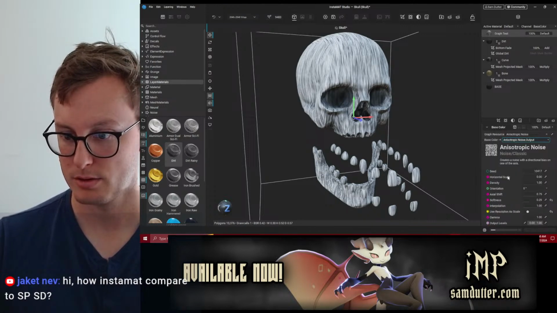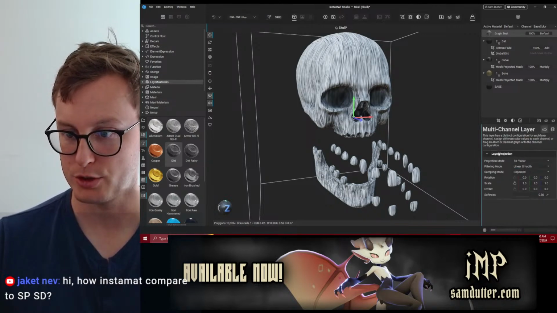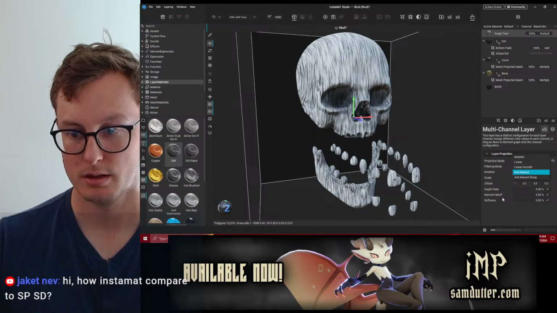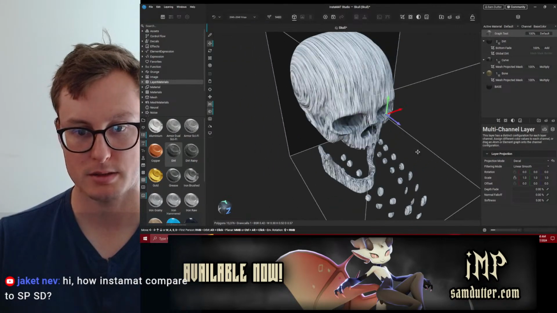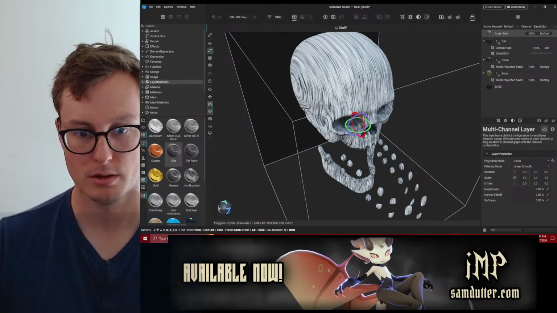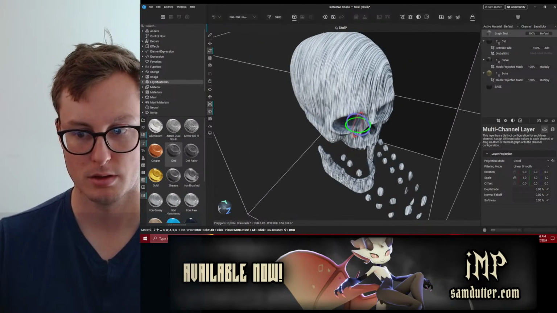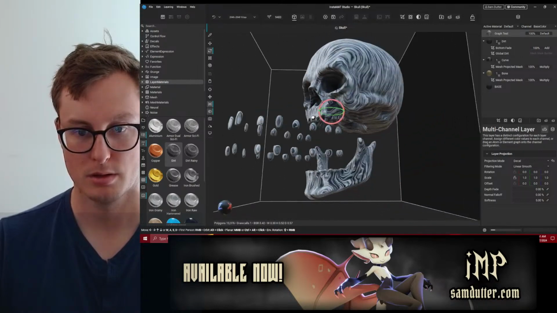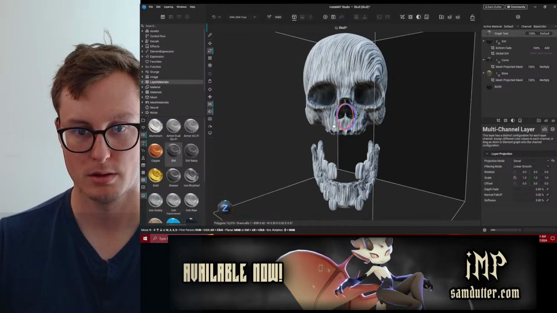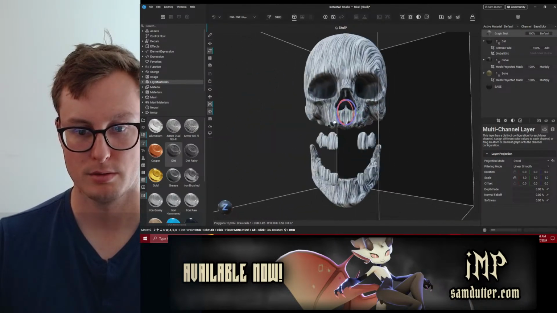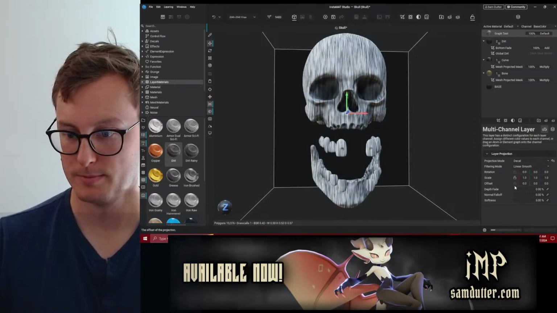Right now, the projection is triplanar. We have UV, triplanar, or decal. So decal is something we can actually move around. That's cool. Interesting.